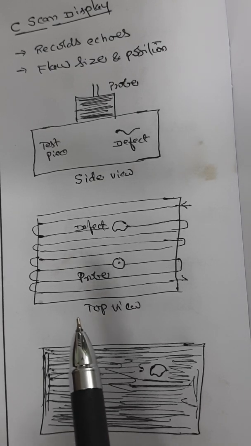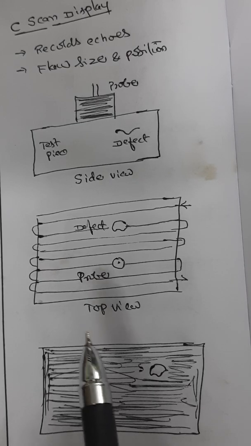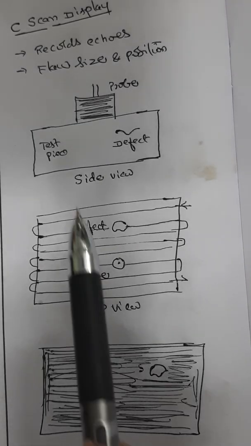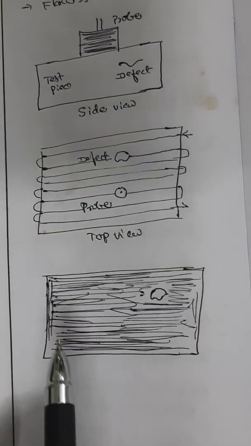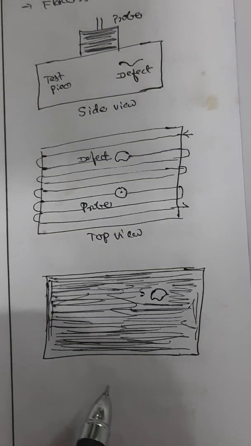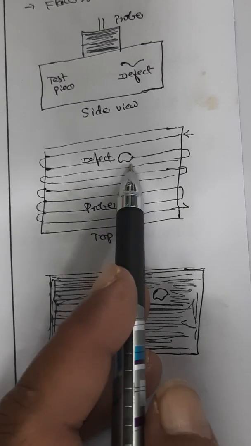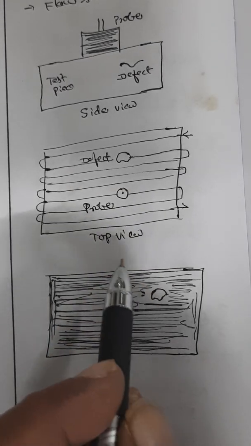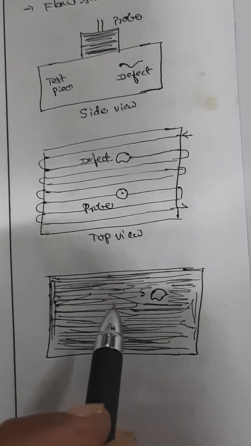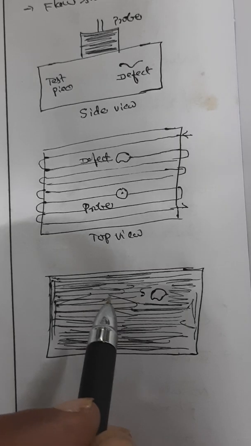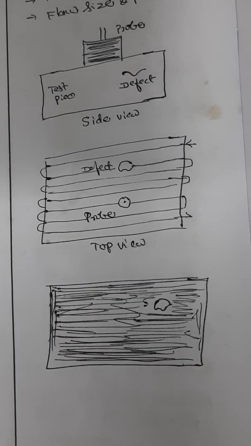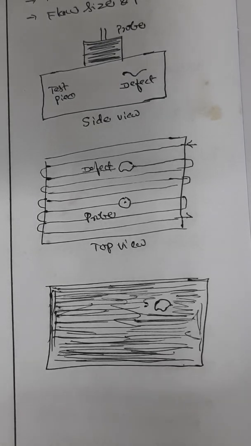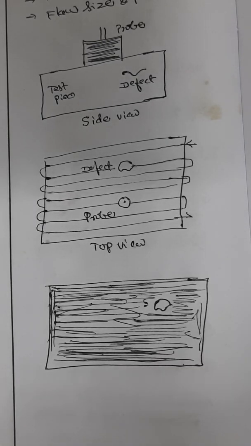Using a proper gate circuit, it is possible to image the planes or sections at any depth. For example, this is how the side view can be understood. This is how the top view can be understood. This is the C-scan display. The defect is highlighted, and the rest is normally shaded here. So this is what you need to understand: the different display modes of ultrasonic images, the A-scan, B-scan and C-scan displays.